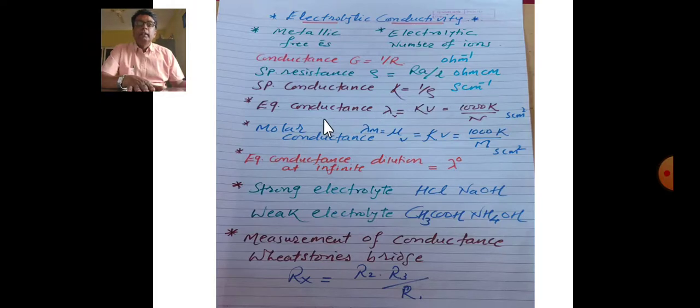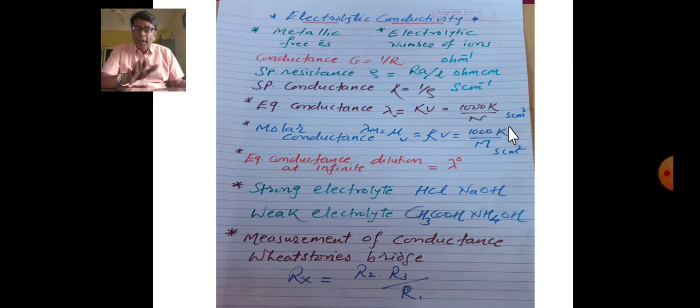Then the term equivalent conductance. Equivalent conductance is denoted by the letter lambda V, that is equal to K multiplied by V. K is specific conductance and V is the volume which contains 1 gram equivalent of an electrolyte. The final relation we have already seen is 1000 K divided by N, where K is the specific conductance and N is the normality of the solution, and its unit is S